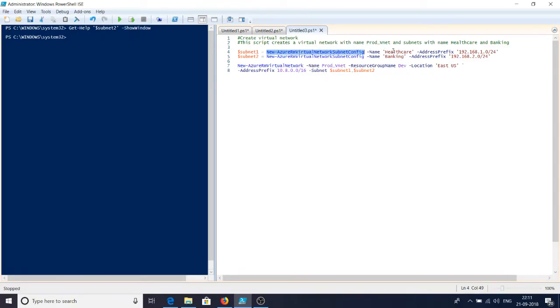The names that I've used are healthcare and banking, and the CIDR blocks that I'm using here are 192.168.1.0/24, and the second one is 192.168.2.0/24. The output of each of these cmdlets is stored in their respective variables, subnet1 and subnet2. And I'm going to use the New-AzureRmVirtualNetwork cmdlet to create a virtual network with the name prod_vnet. It would be created in the resource group called dev in location East US, and the address prefix, well, this